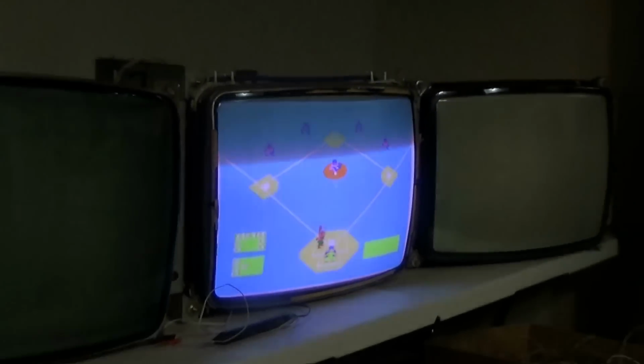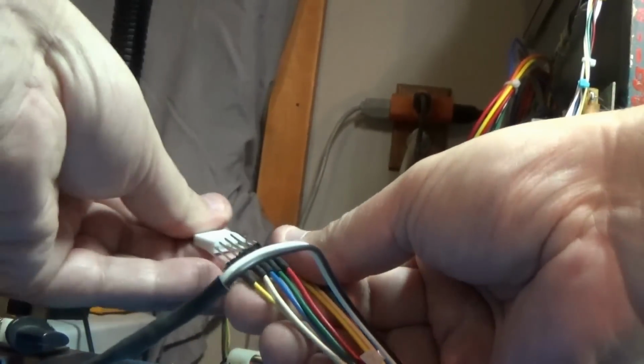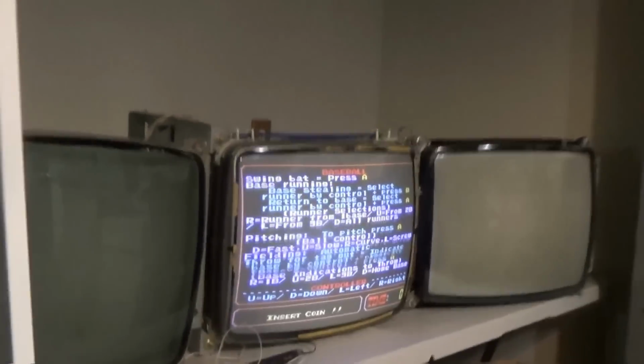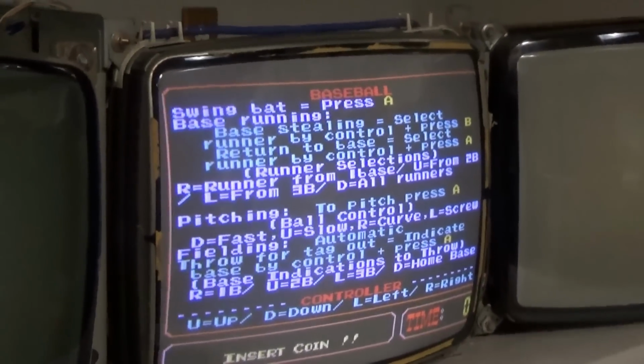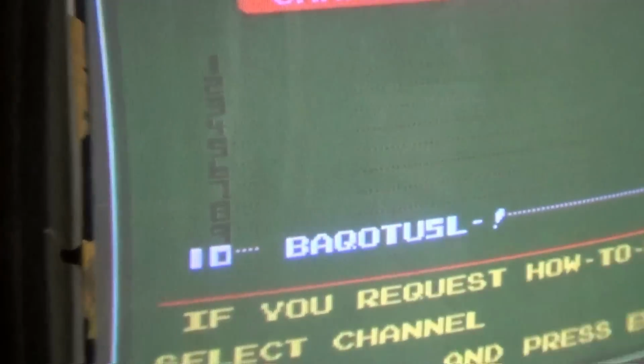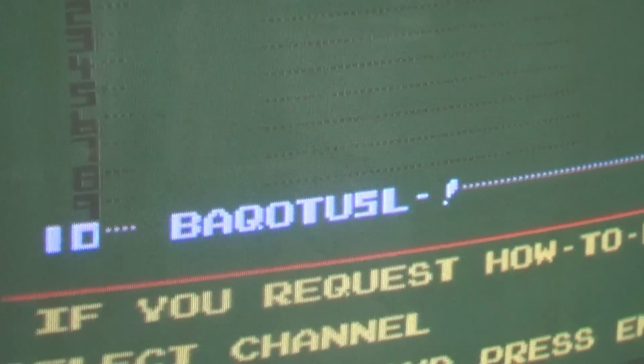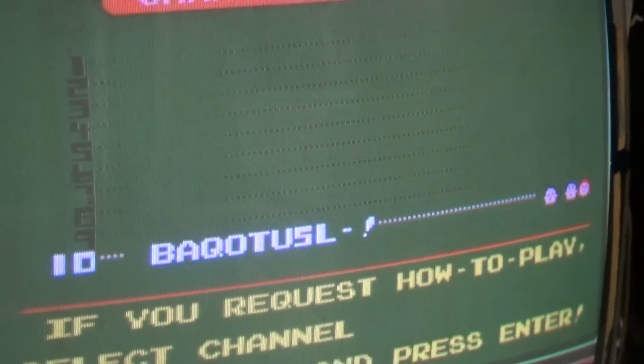Which is nice to have the sync back and colors all good. So the bottom monitor is all set, but if I take this and switch back to the top monitor, this monitor all looks well so far, but once it comes up to the channel select screen, right there, menu screen, it's having a problem